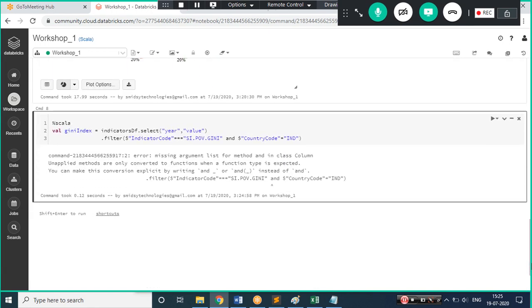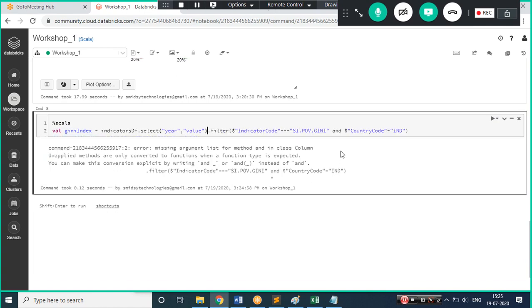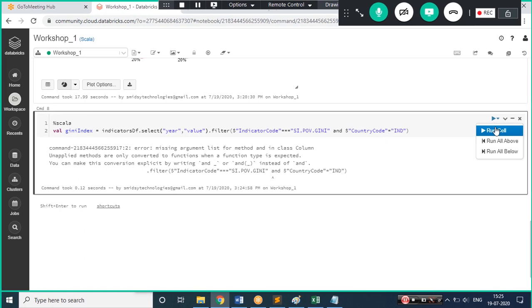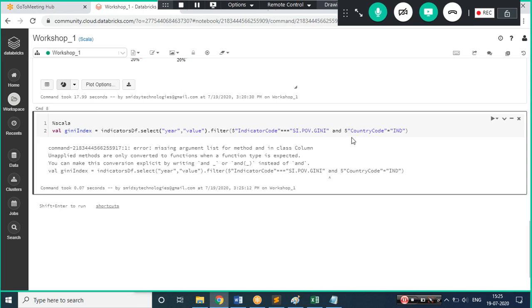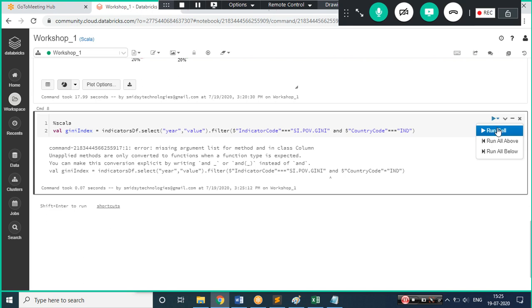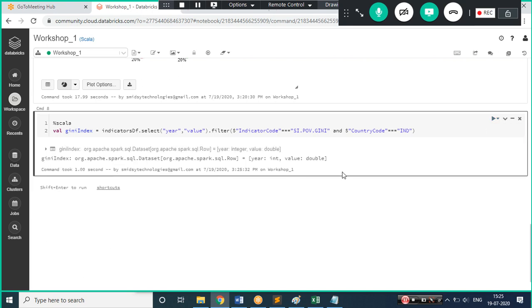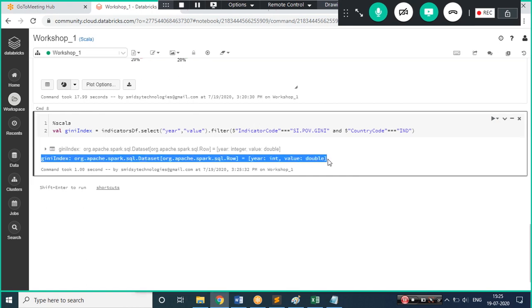This is giving some issue. Let me see what the issue is. Ideally it should be an indentation issue, because hopefully it is not able to identify that indentation; otherwise the code looks good to me. Let's see if it gives the same issue, then we'll peek into it. It is giving me the same issue. It is telling me about the country code. Here I have missed something, and here I have missed something. Now let me execute this. Can you see now this has created the value.